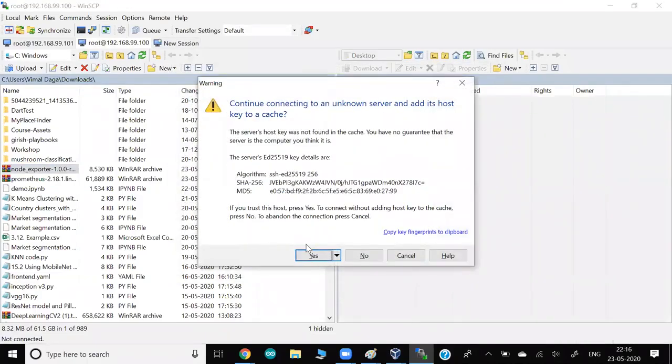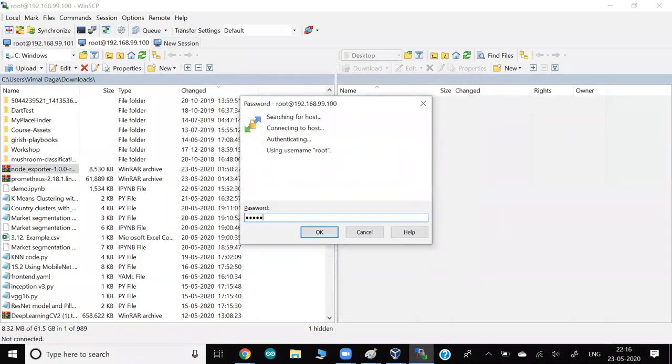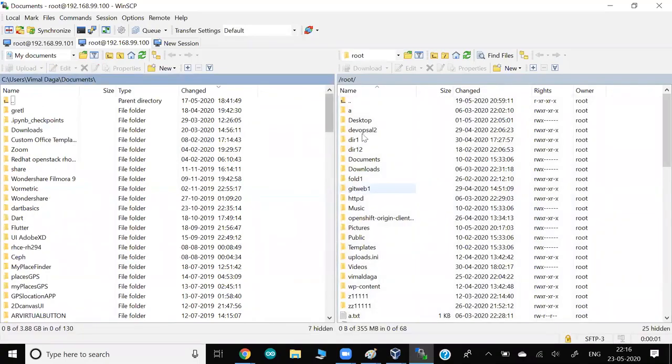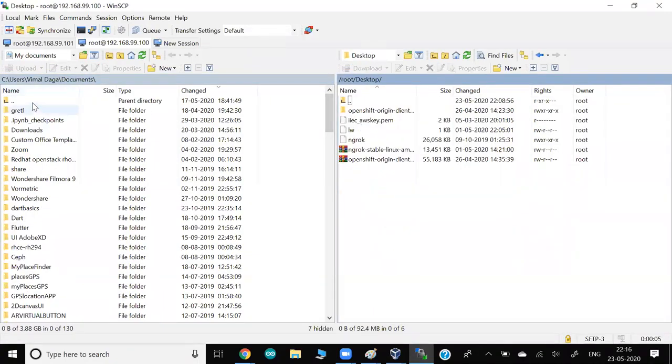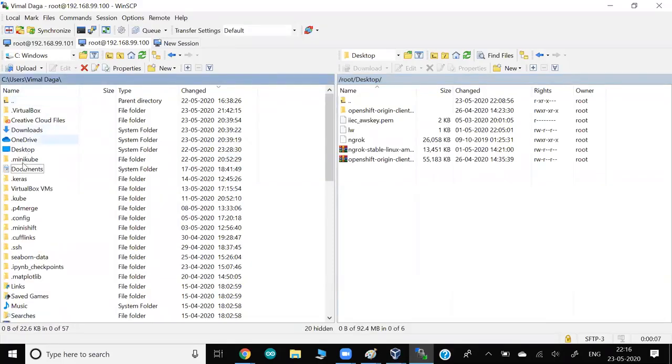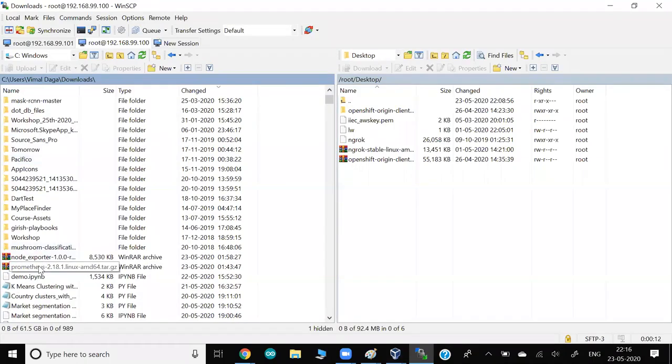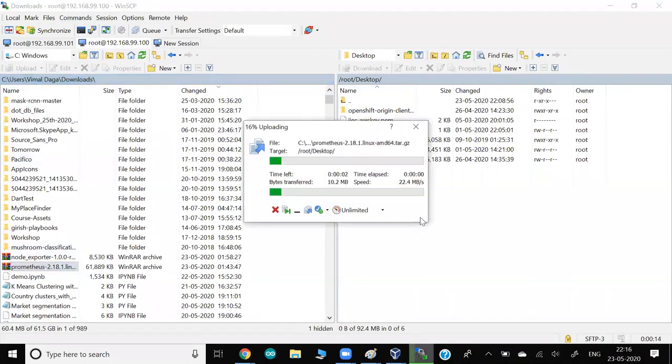Sorry, I haven't given the password. Let me give the password now. So in my desktop folder, I am transferring the Prometheus. That's all. So two OS you have.